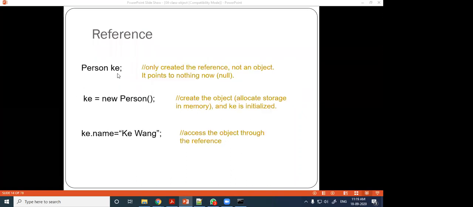Here person K is there, and K is an identifier, or you can say a variable. We cannot say at this point that this is an object. Okay, this is one reference. We can say this is an object when K is written like this, K equal to new person, meaning an object is created, then K is referred to that object. Next, when we write K dot name equal to K1, that means the name member is initialized with this thing.